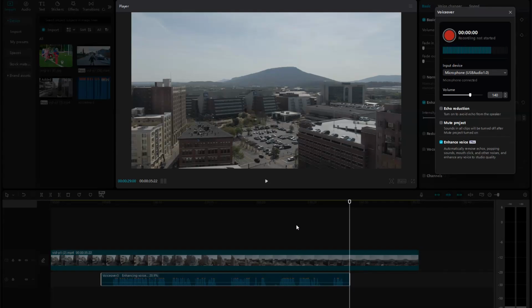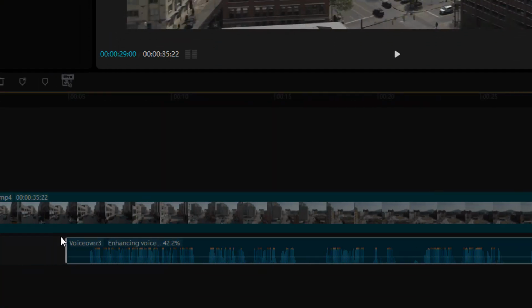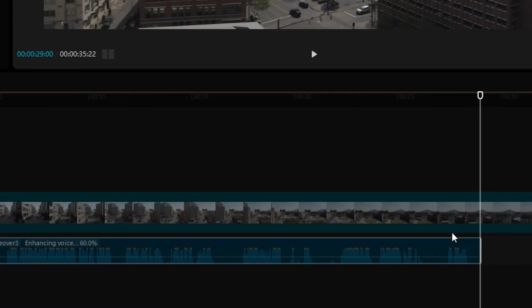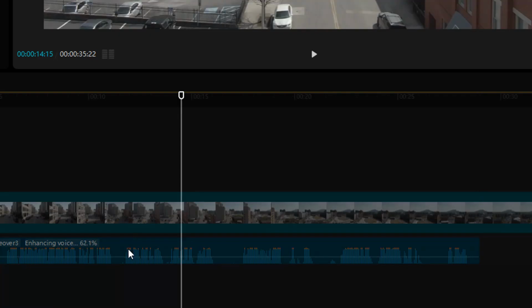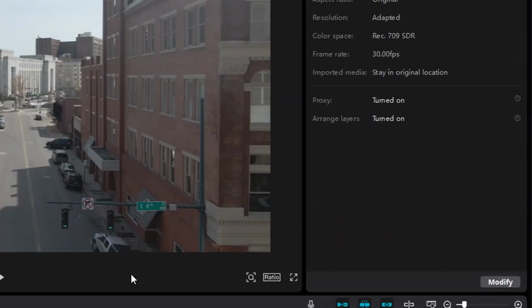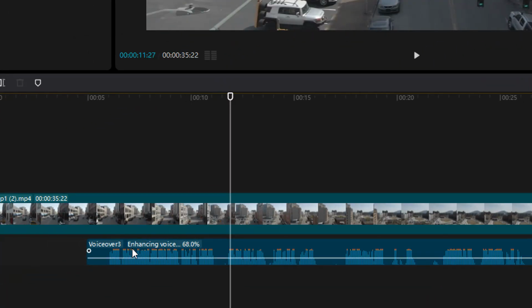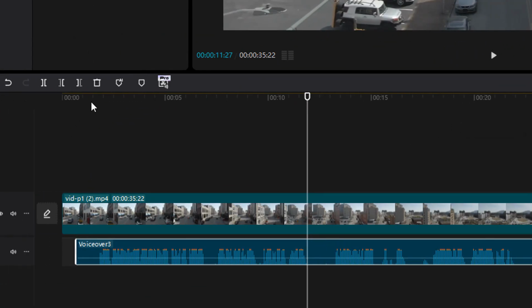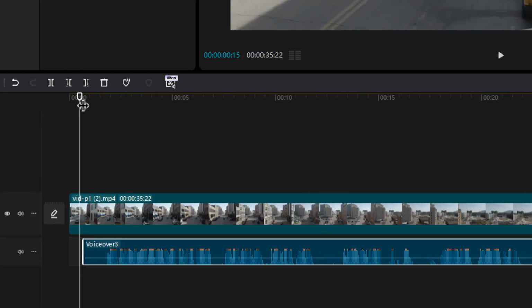Now you can see in the timeline that this voice started and it ended here as I paused. So what I will do is click on this clip. First I have to close this one, and then I will move this clip to the start. Wherever we want, we can adjust it accordingly. And if I play it now,